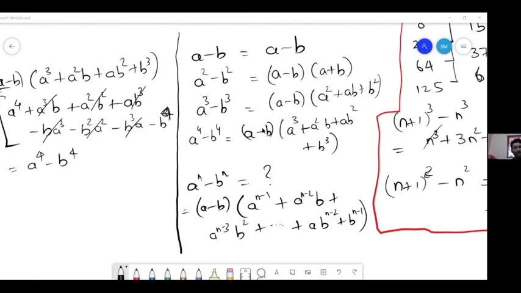Right. So if I'm multiplying two expressions and the first expression has k terms and the second expression has L terms, then in the final product, how many terms will it have? KL. And because the first bracket is always 2 terms, it will always be an even number of terms.